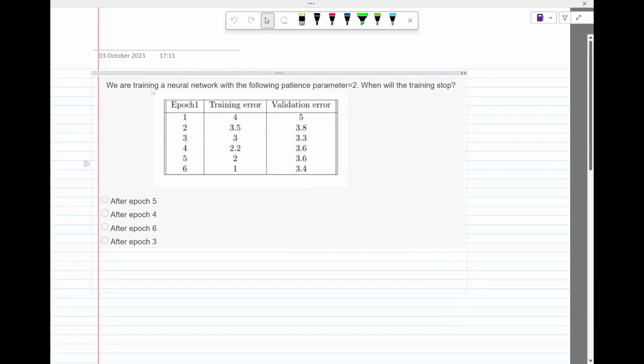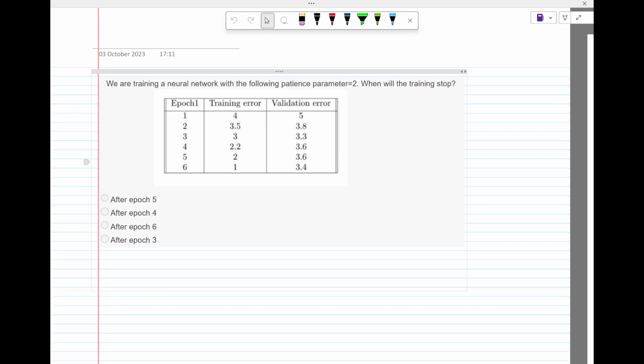We are training a neural network with the patience parameter equal to 2. When will the training stop? Patience parameter was not discussed, I think, but I'll just tell you what it means. Or was it discussed? So it's a simple concept if it was not discussed. Patience parameter just means